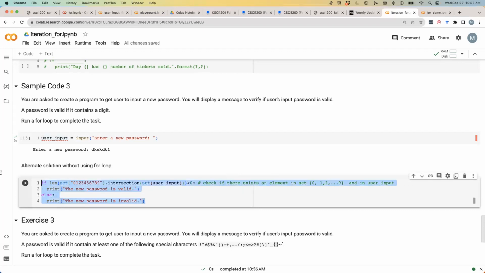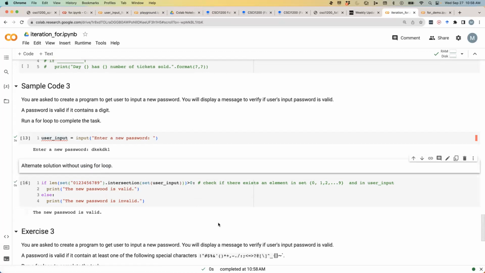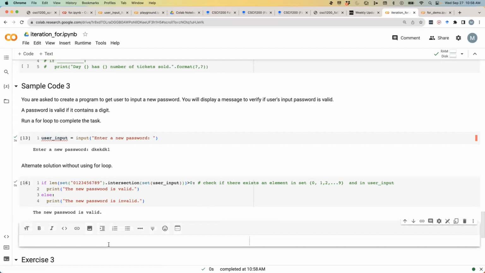So this is a solution that uses another data structure called set, to look for the intersections between the user input and all the possible digit strings. If there is an intersection, meaning its length is more than 0, then you print that the password is valid. Otherwise, it's invalid. So this is a solution not using a for loop. The downside of this, however, is this solution